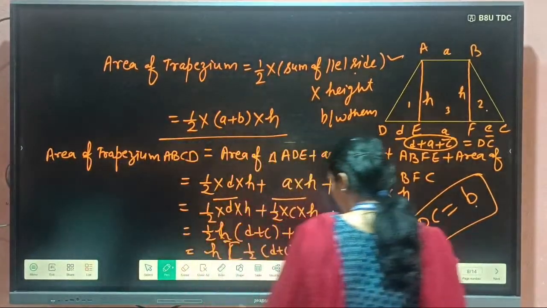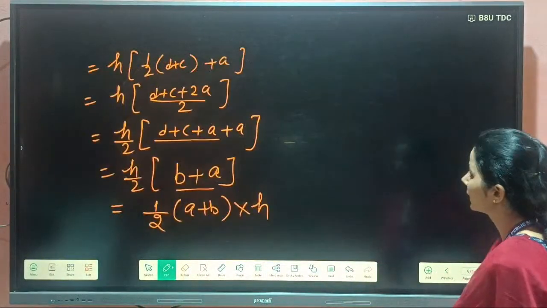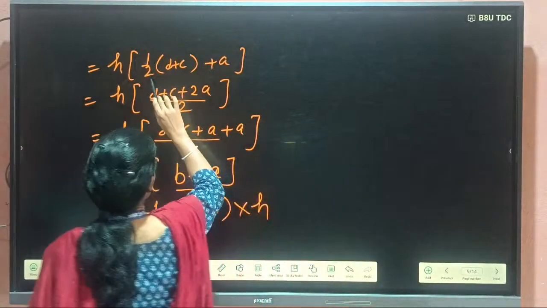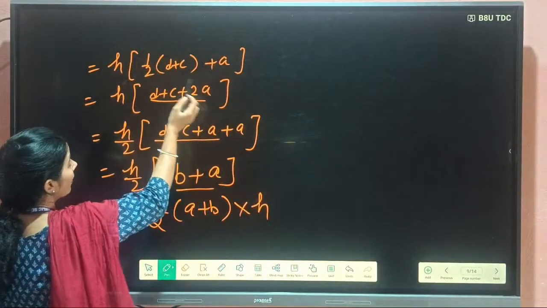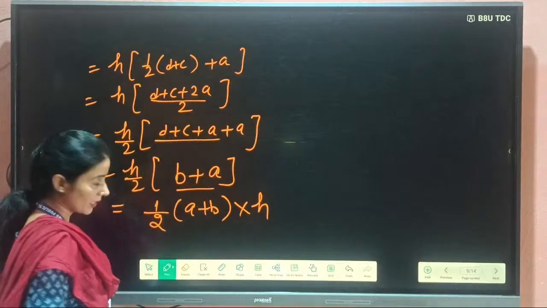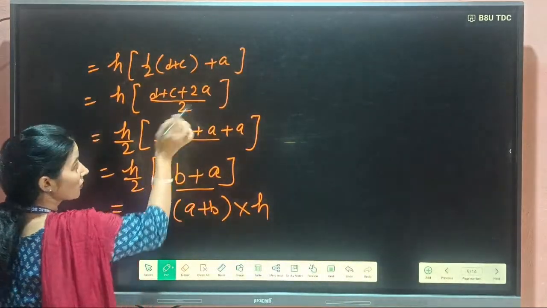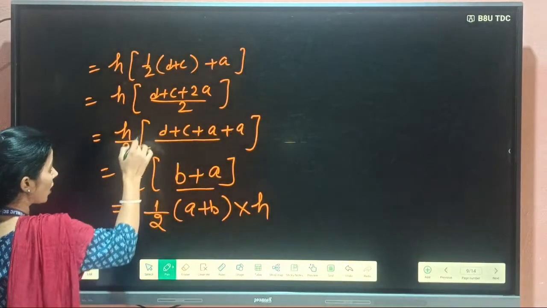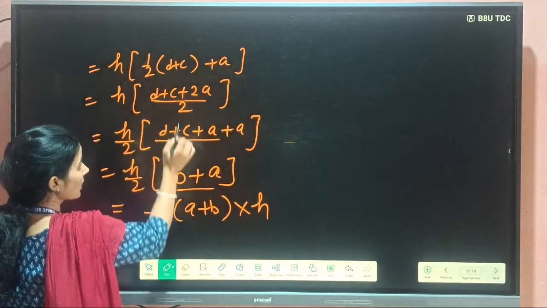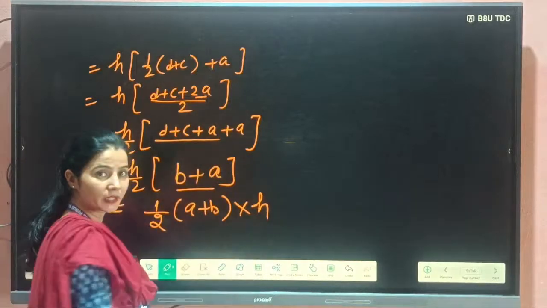Now you have to take the LCM. Take the LCM, or multiply this 1 by 2 with all of these. Not multiplying, we are taking the LCM. This d plus c as it is, and twice a, and this 2 will be there. Take this 2 out of this bracket: h by 2, d plus c plus this 2a, I split it as a plus